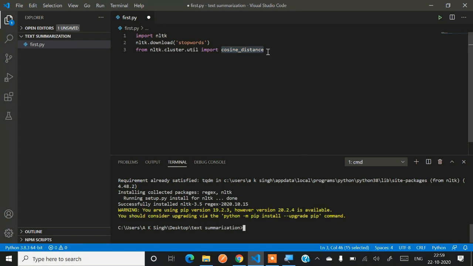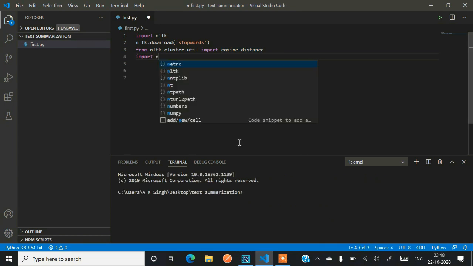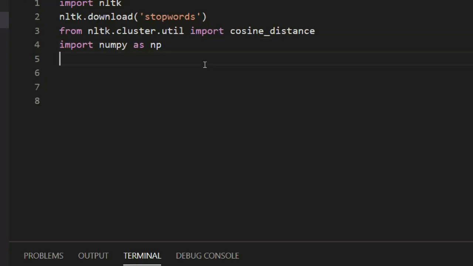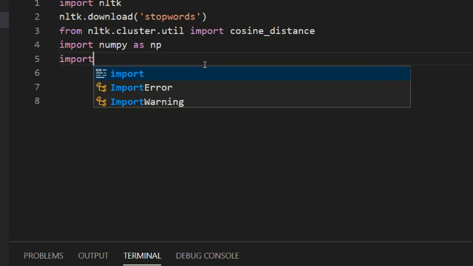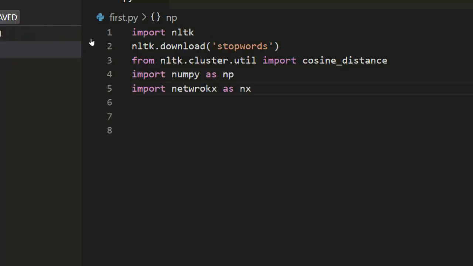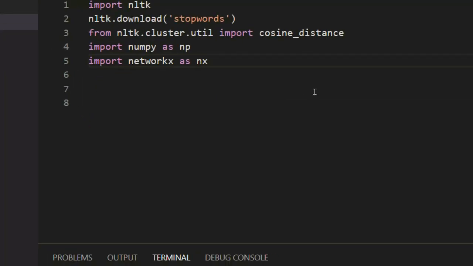Another library that we need is import numpy as np. So NumPy is the library that we need. Going ahead, we also need the NetworkX library because we are also going to deal with some kind of similarity graph. For creating a graph and manipulating it, we need a library called NetworkX. So these are the necessary libraries that you need.